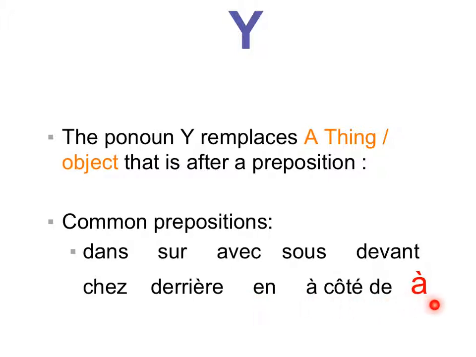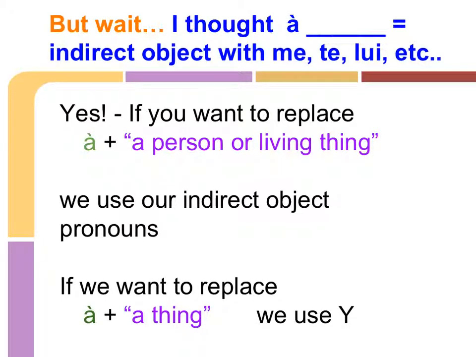de, and à. Notice I've made à red here because you might be thinking right now, wait, we've already done something with the preposition à and replacing it with a pronoun. You would be totally right. Sometimes we use the à and the indirect object and we replace it with me, te, nous, vous, lui, leur,